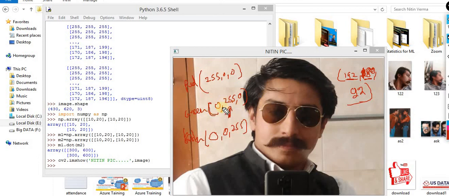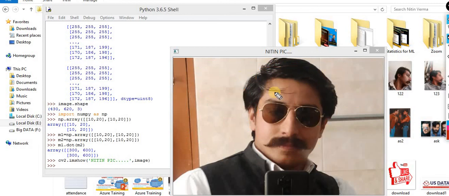If you want to play with the colors, this is the tuple that you are supposed to change, because we will use it when we draw a rectangle, or maybe a circle, over here. At that time you are supposed to tell what the color should be. Basically, first we will find the face in the image, and after that we will draw a rectangle or a circle on this image.